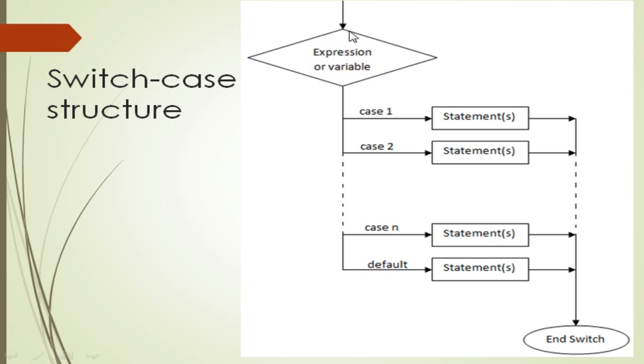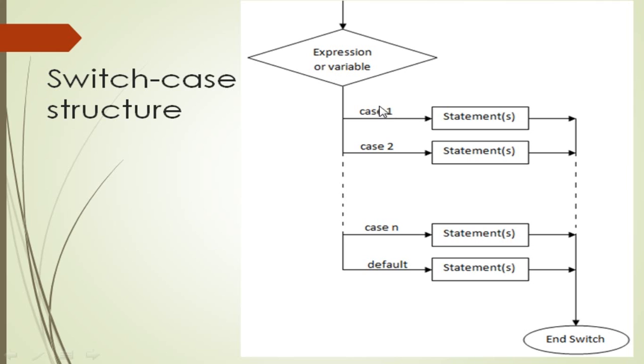Now we are going to see the structure of the switch case. So here you can see the switch variable, or you can say the control variable, which will be accepted from the user through a menu, and then it will be checked against different cases. Suppose the variable is 1, then case 1 will be true. It will execute the statements, after which you will have a break statement after the set of statements in case 1, and then it goes out of the case structure, that is the case block.